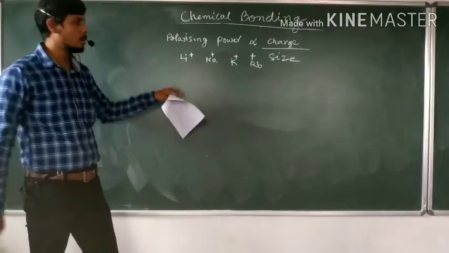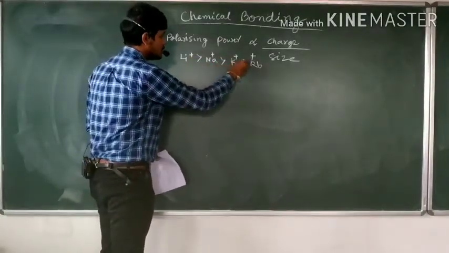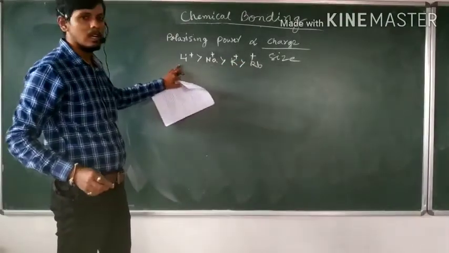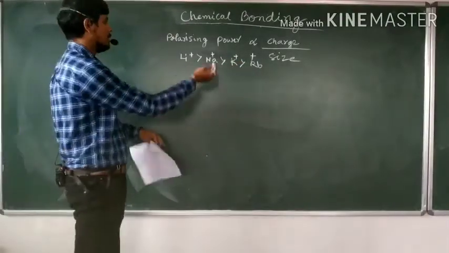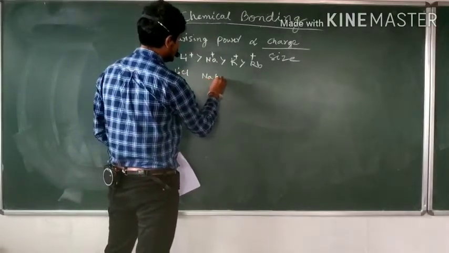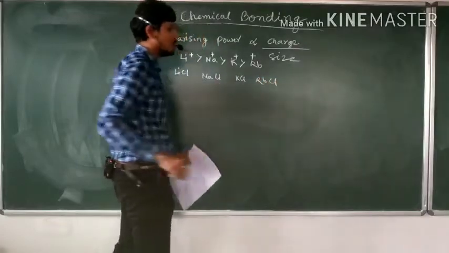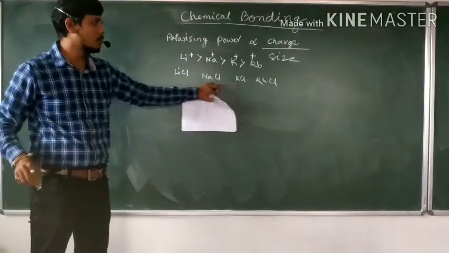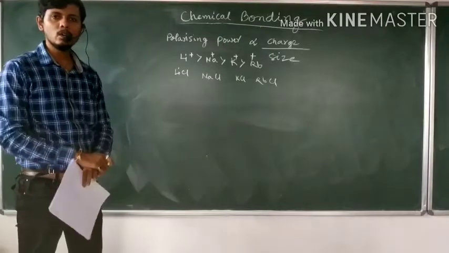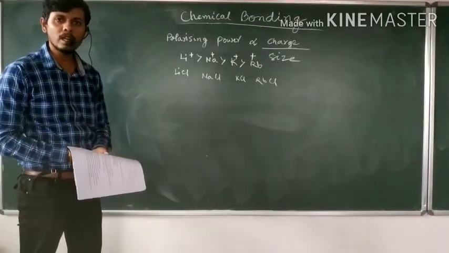That means the polarizing power of lithium will be greatest, followed by sodium, potassium, rubidium. So if I take these compounds, LiCl, NaCl, KCl, RbCl, and ask you to arrange them in decreasing order of covalent character,